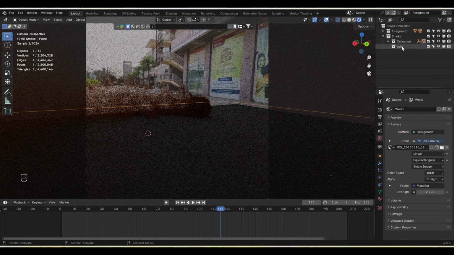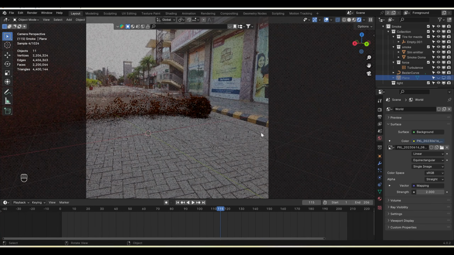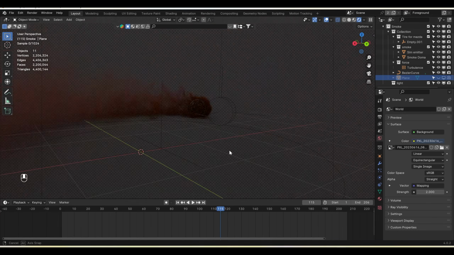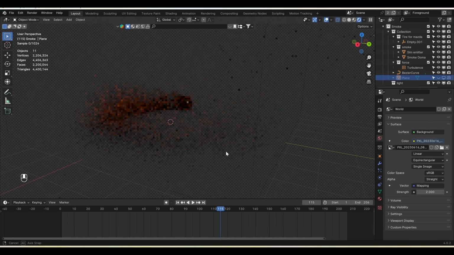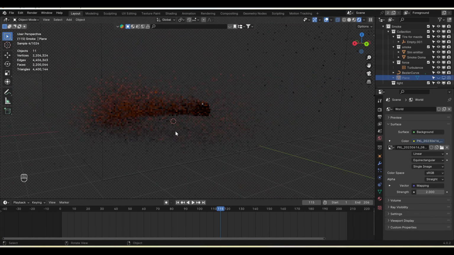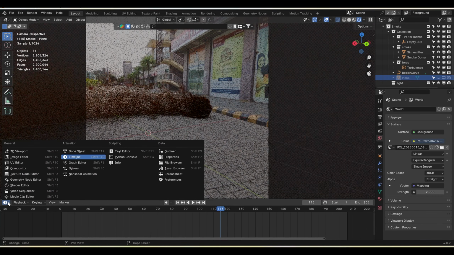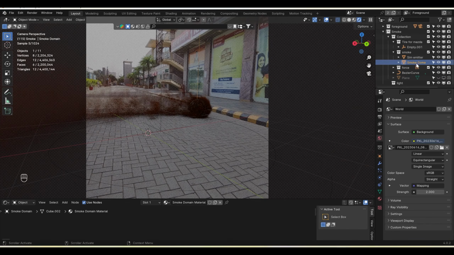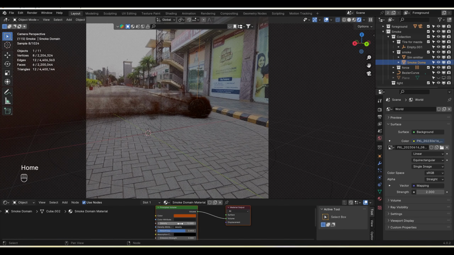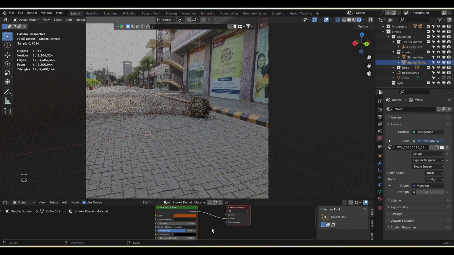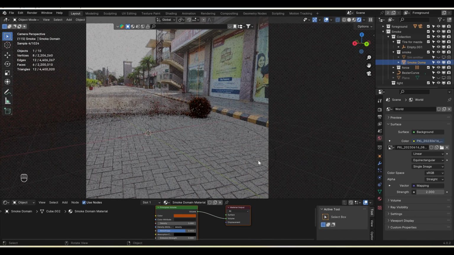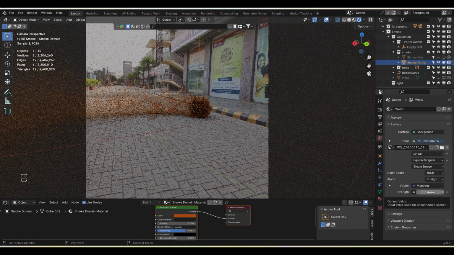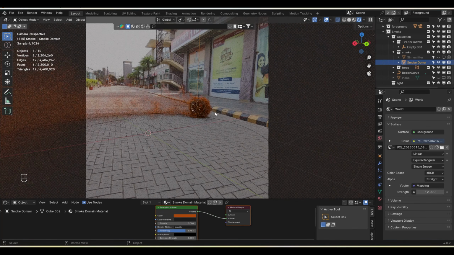I'll select the second plane and I'll just hide it from everywhere. So now I can only focus on the current one like this. And in front, in the camera front, you can see there is a smoke. So I'll go to the camera, and also I'll go to the shader editor, and maybe I'll select the smoke domain, and here I'll make the density 2 or maybe 5, and also hide the smoke emitter, and I can make the environment strength a little higher,